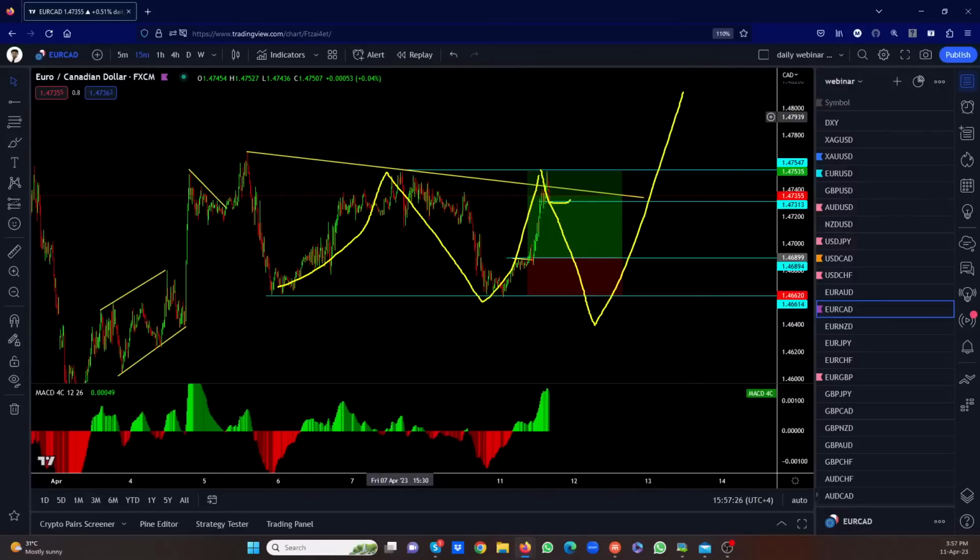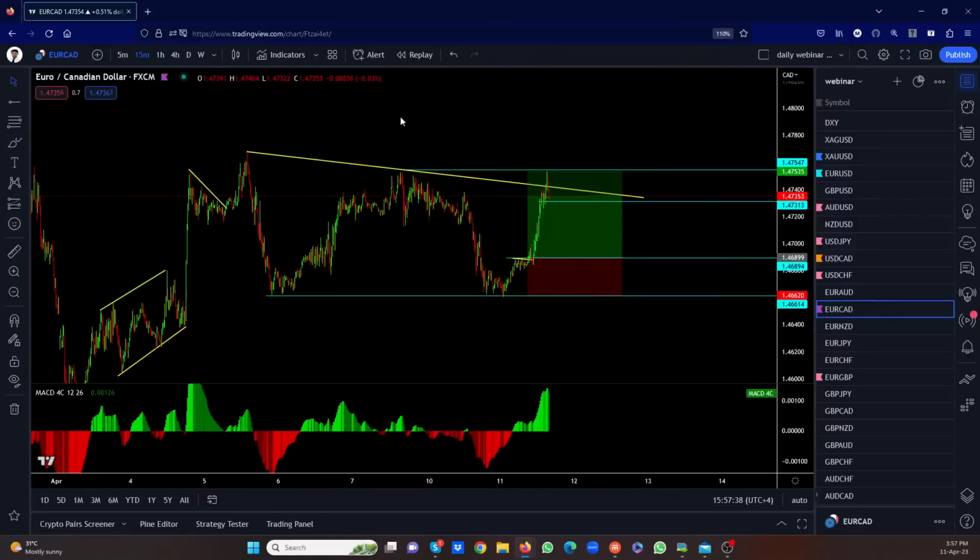So if we get a flag here, we're definitely selling this today, and we'll be selling it in the New York session. So all we need is a flag and we'll sell. If it's going to be a flat, it will take about 5-6 hours. So you wouldn't get the trade now, you'll get the trade tomorrow in the Asian session. Right? The second trade we took was the dollar CAD.